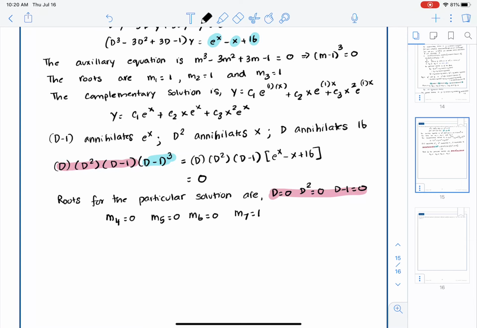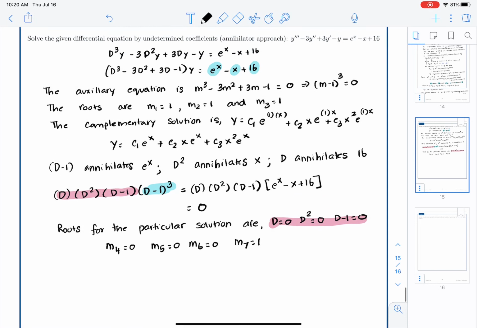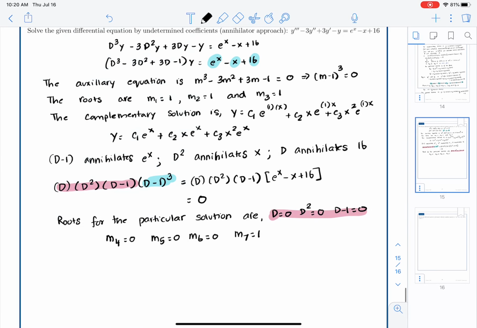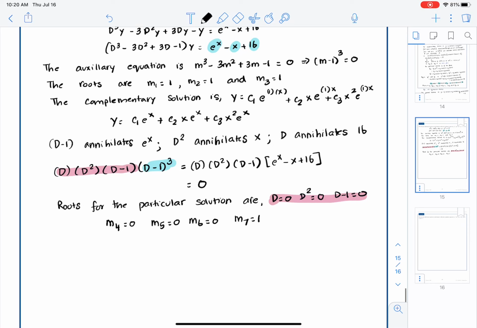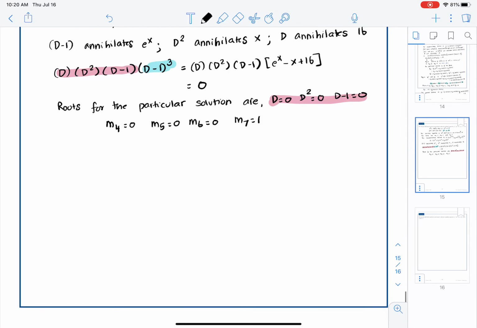Its root is 1. The D squared term applies for the x term, and the D would apply for the term 16. So we would end up having the particular form